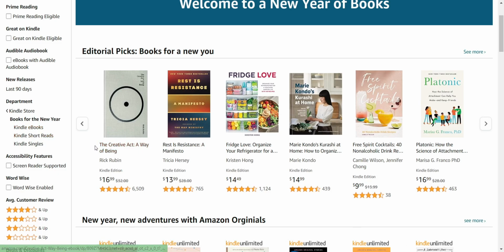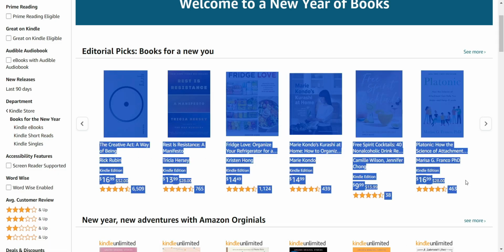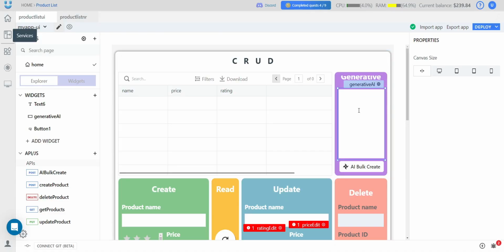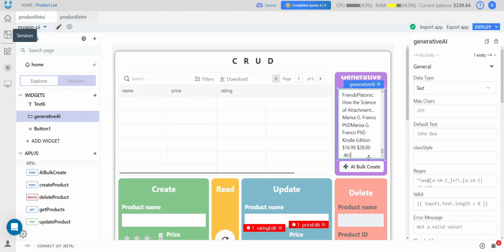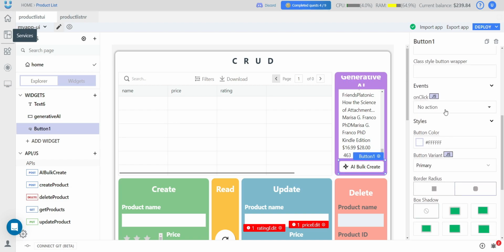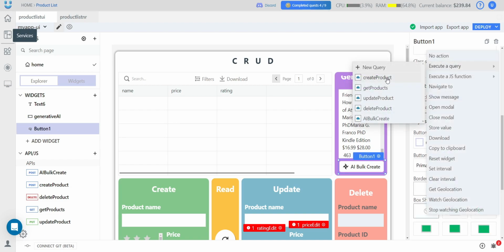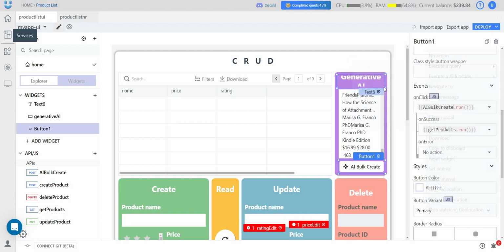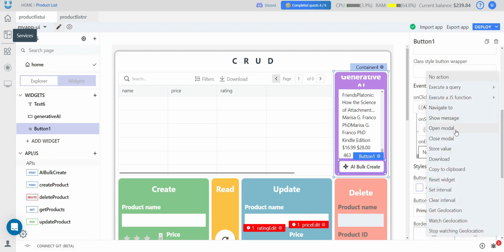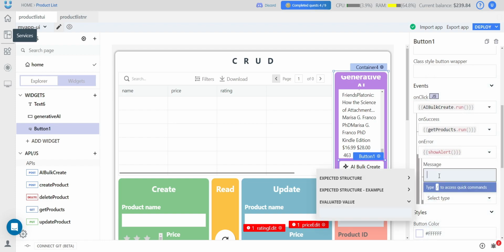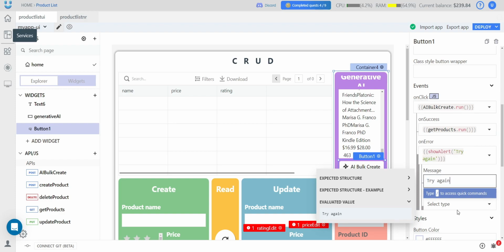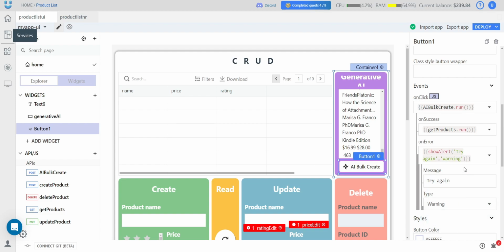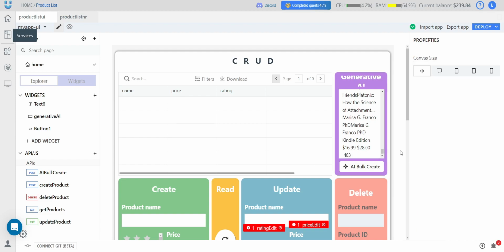Let's just copy data about books from the Amazon website. We paste it here. And by clicking on this button, we will call the API AI Bulk Create. And in case of success, let's immediately update the data in the table. In case of an error, we'll show a message to try again, which will be a warning. So we click the button,